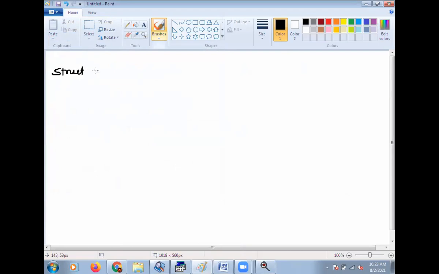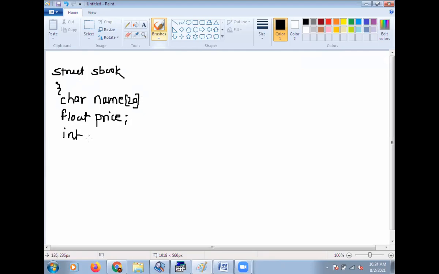Okay, struct, suppose student book, then character name, suppose size is here 20, then float price, integer pages.